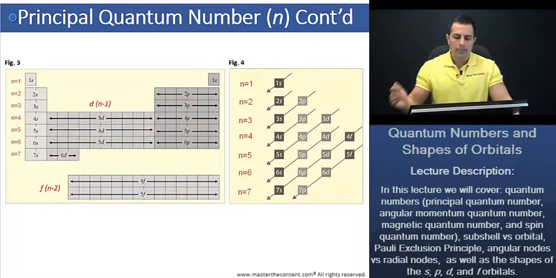Now, what other information can we obtain from the principal quantum number? For one, if we